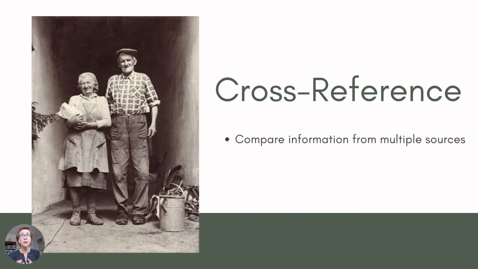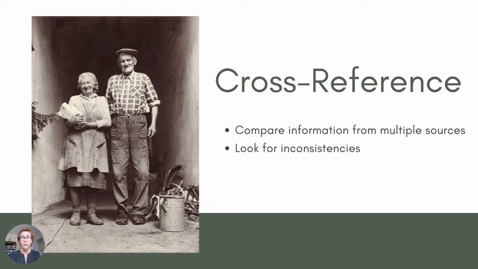Now, once you've really looked at and evaluated the source, you want to cross-reference what you're finding. Because if you're not sure if you've got the right ancestor, go ahead and start cross-referencing with multiple sources. So look at the record that you have, but then seek out other records that could support the evidence that you have, or it may disprove it and say, no, you don't have the right person. So don't rely on just a single source of information. Go ahead and see if you can find other supporting evidence out there as well.